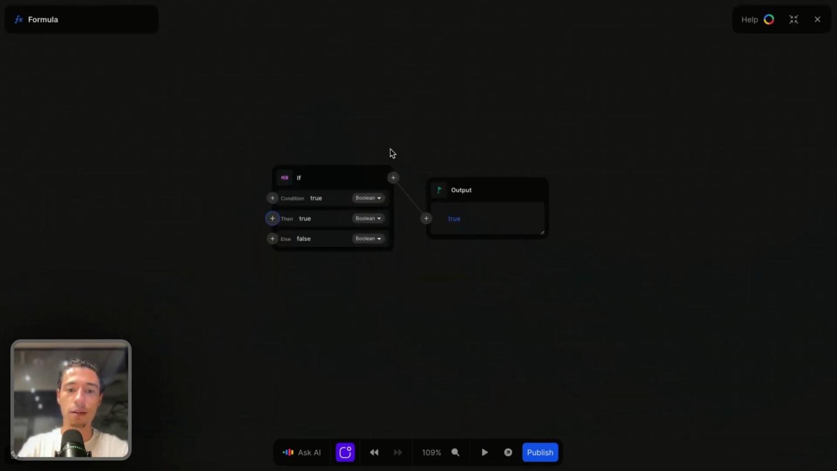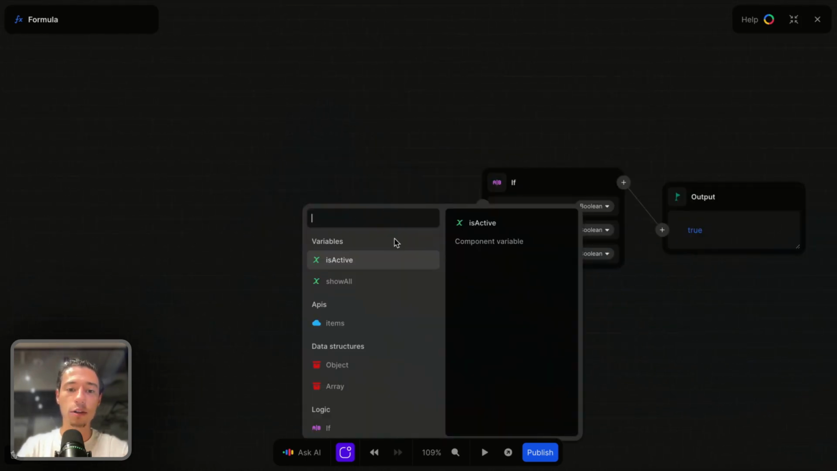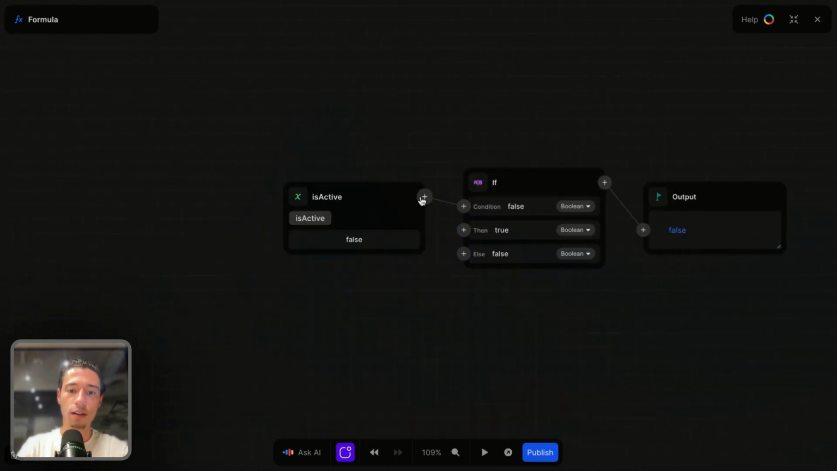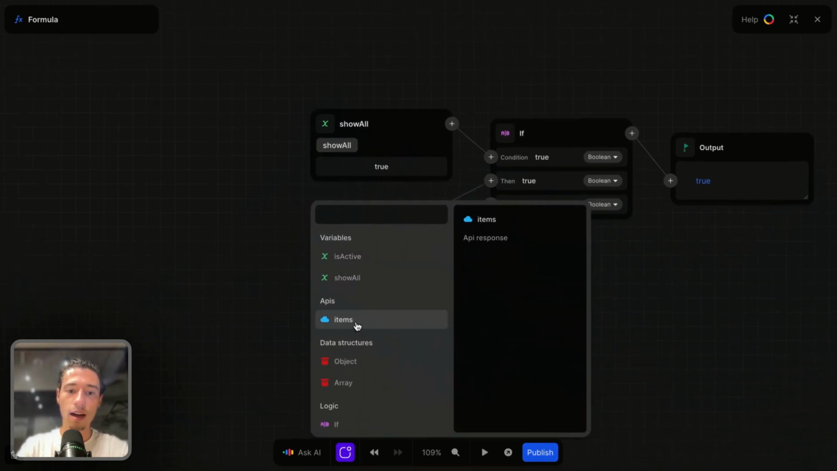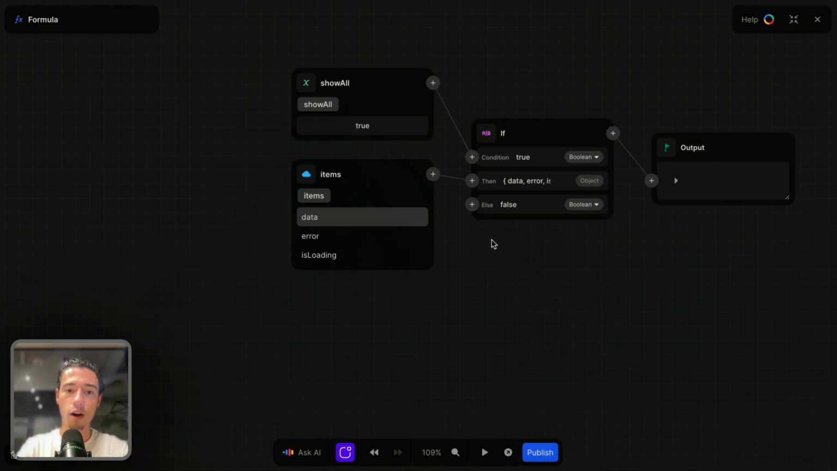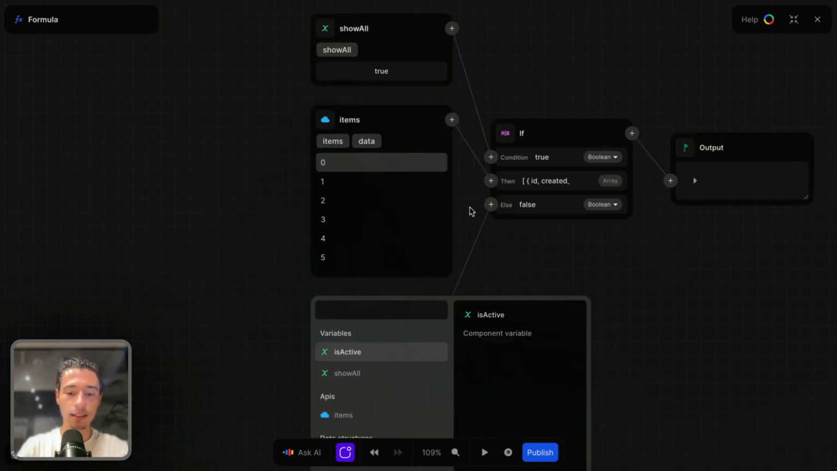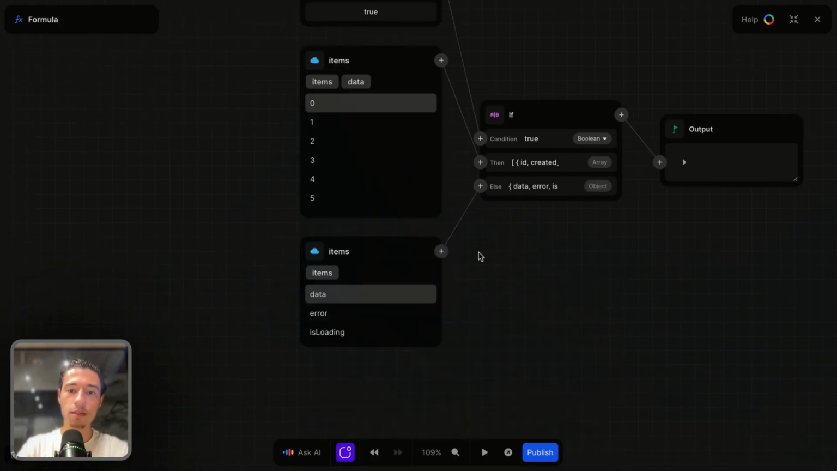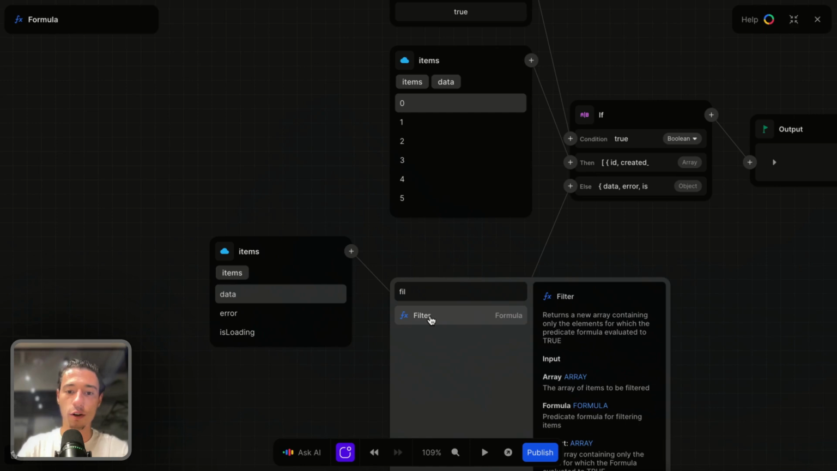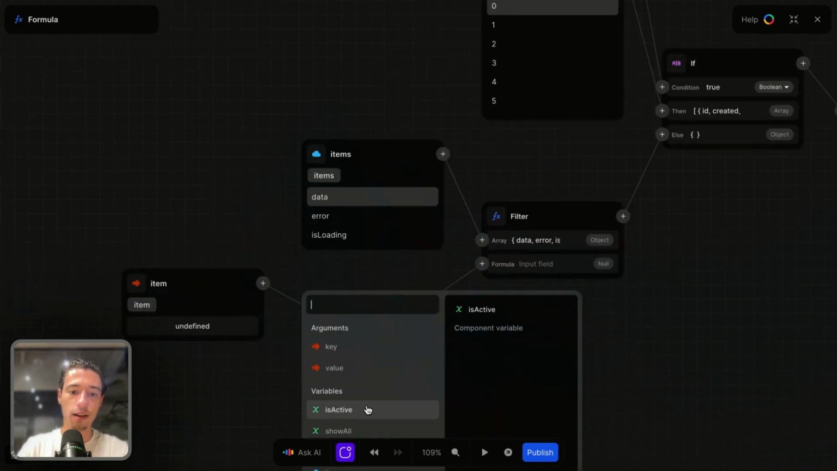Let's add an if statement in here. And I'm going to look if show all is true, then I just want to return all items, the data. And then on else, I'm going to return all items. And then with the filter on,